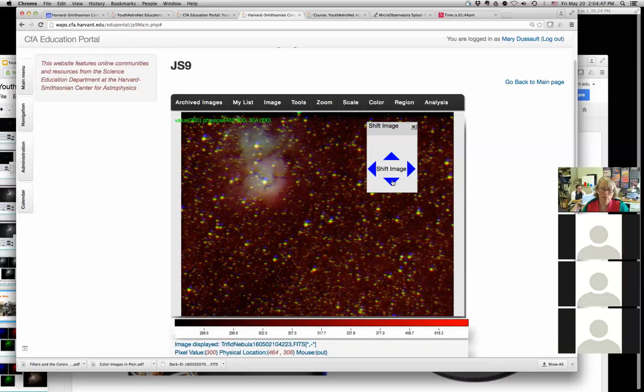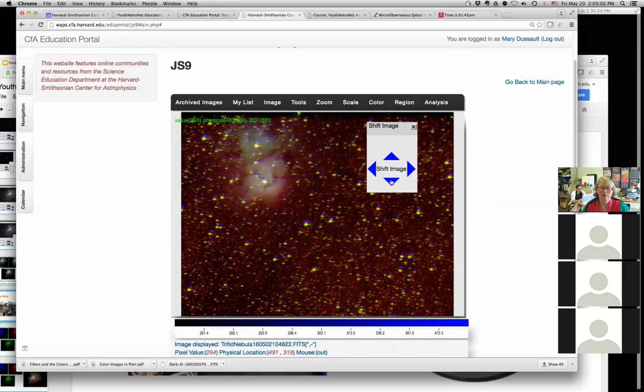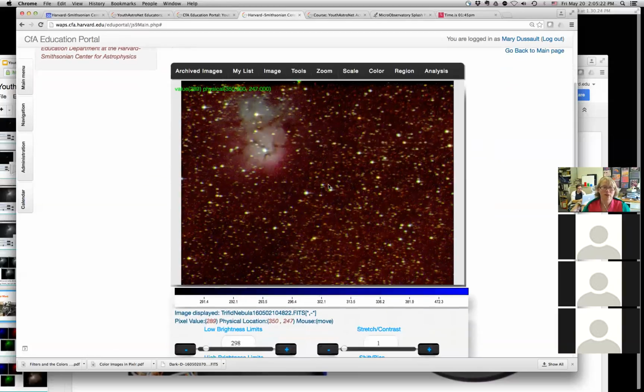I'm going to shift that blue, whoops, no, sorry, you see what I just did? I'm still on the red image, as you can see from the color bar. So the shift tool only works on the red image. I need to go choose my blue image and now use the shift tool for that. Shift, shift, down, down, down, down, and maybe a little bit to the left. There we go. So now I start to see the real colors of the Trifid Nebula,